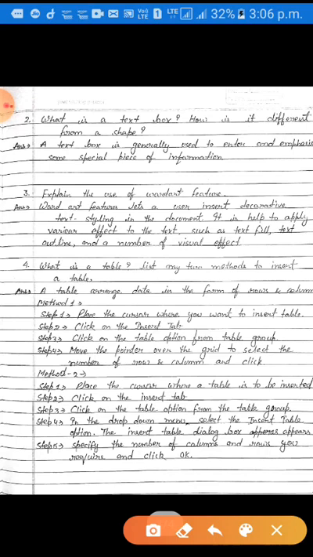Okay, dear students, word art feature lets a user insert decorative text styling in the document. It helps to apply various effects to the text such as text fill, text outline and a number of visual effects.